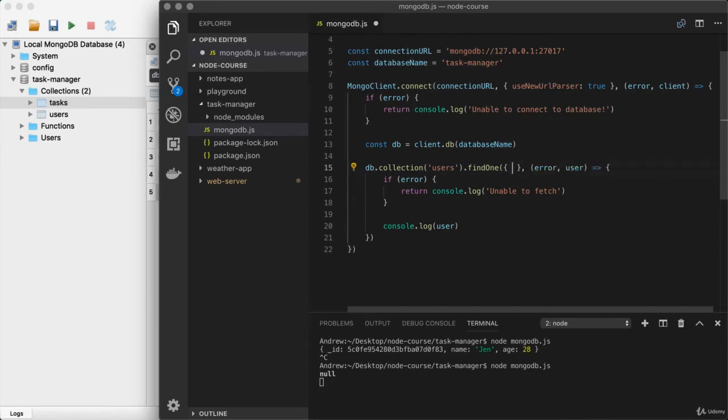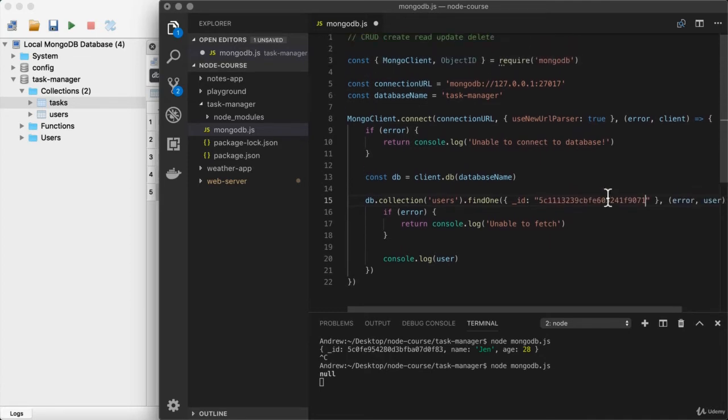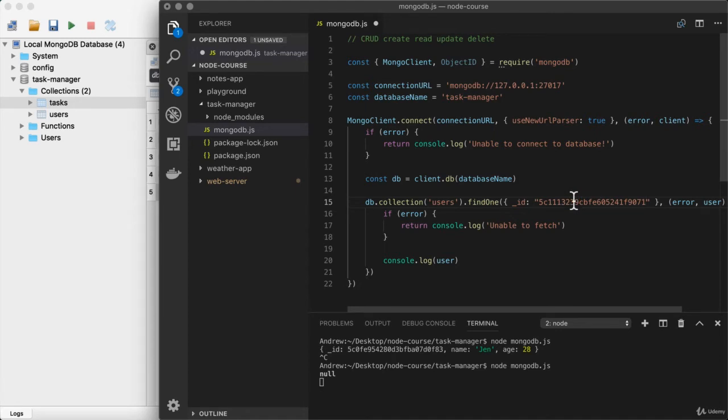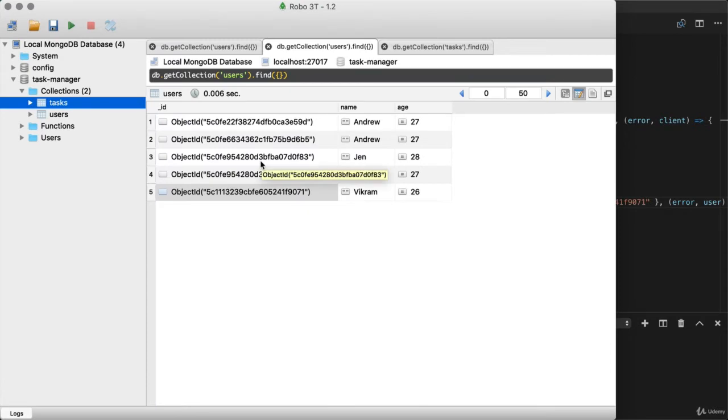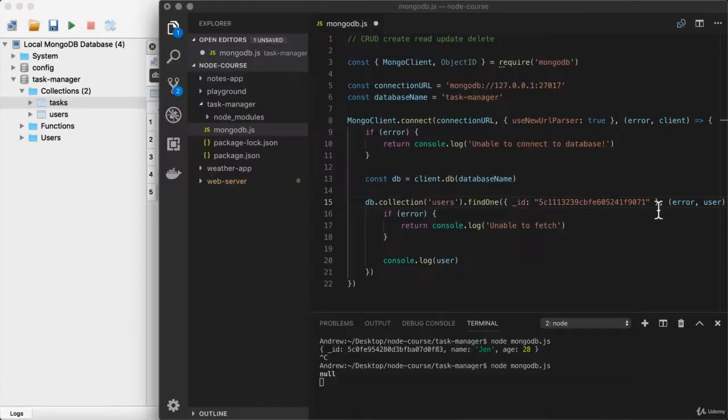Right here, we can now swap out what we have inside of the query object. Instead of searching by name and age, I'm just going to search by ID. Now, it's not enough to provide a string ID, so I can't just open and close a set of quotes and paste that ID in. Remember, in the last video, we learned that what's actually stored is an object ID. It's not a string, it is binary data, so this search is going to return no results. And it's a common error, so I do want to save it, run it, just to prove the point. Right here, file is saved. I will execute the program once again, and we do not get any results back.